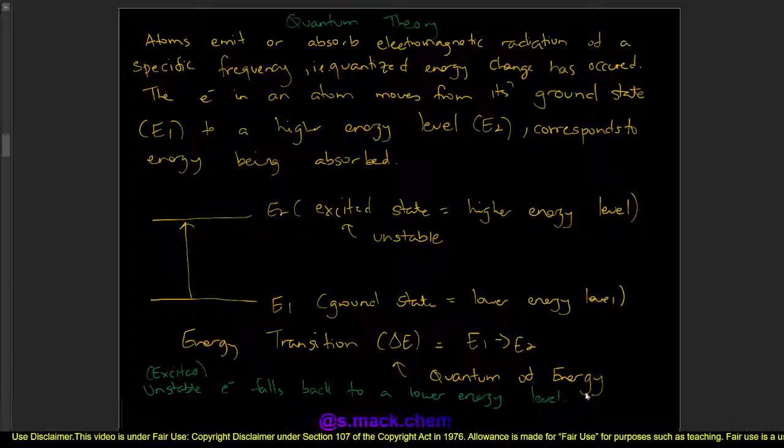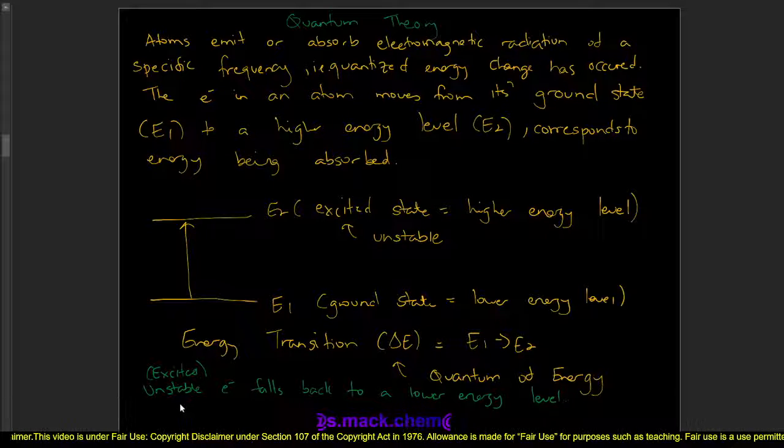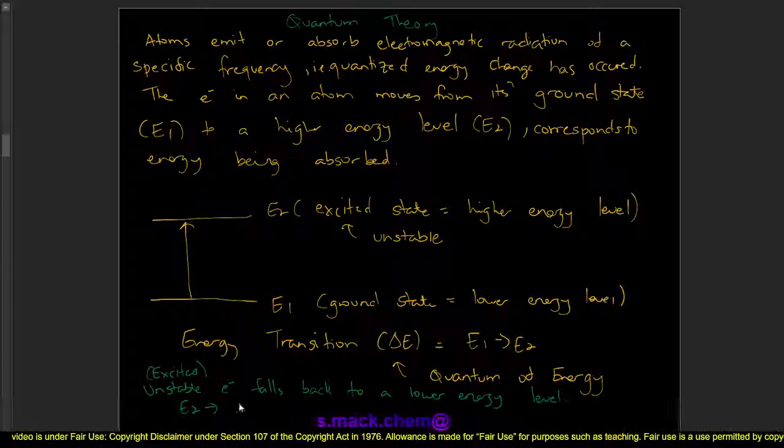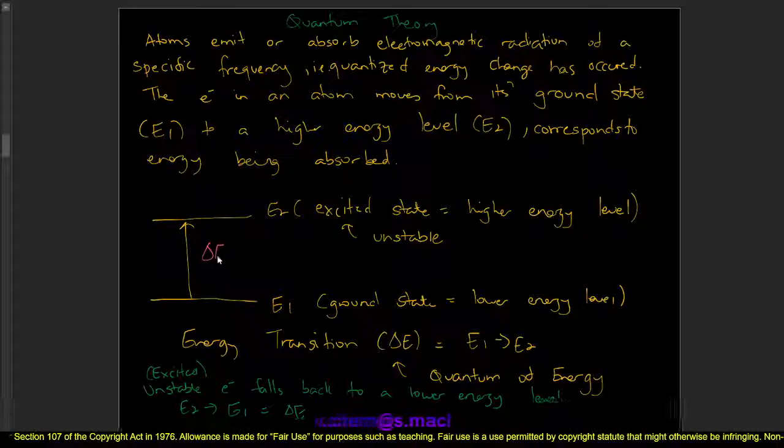Right, so that means, let's say our electron went from E2 back to E1. This is also called a quantum change or a quantum of energy. Right, so I'm going to put this symbol, quantum of energy, into my diagram, and it is here. Right, I'm running out of space on my page here, but I also want to explain why we call it quantum of energy. So from my notes, I'm just going to write it in somewhere.